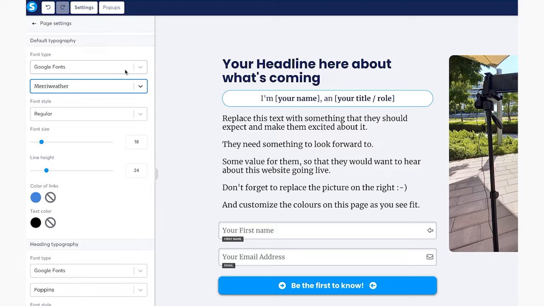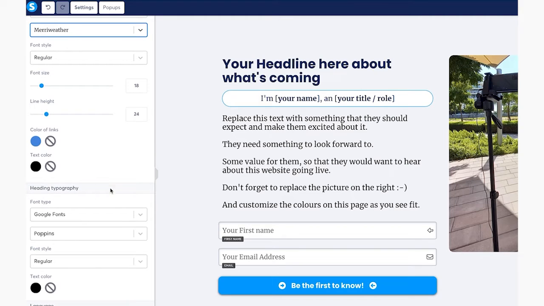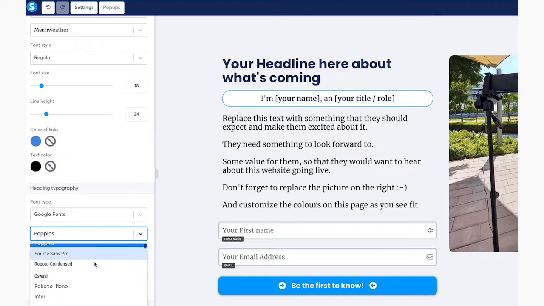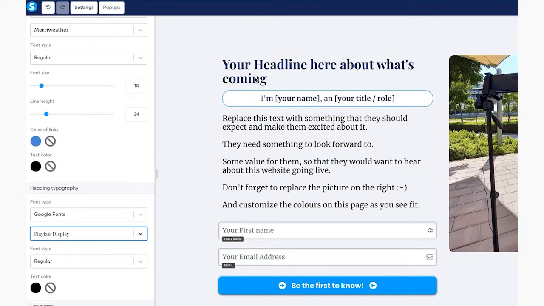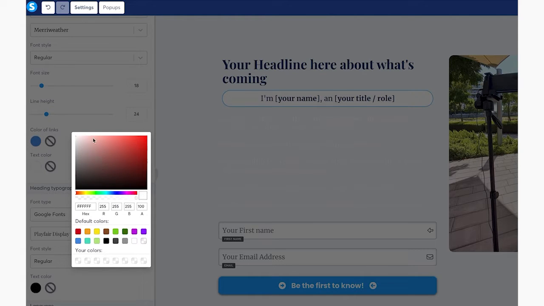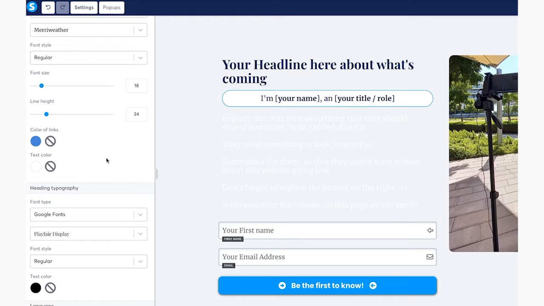Next, I'm going to scroll down and change the heading typography, which is this headline. And I'm going to change that to be, in this case, Playfair Display. And this will be the title. Then I'm also going to change the text color again for demonstration purposes, and I'm going to make this white. Now it's going to make everything disappear. However, what I'm going to do next